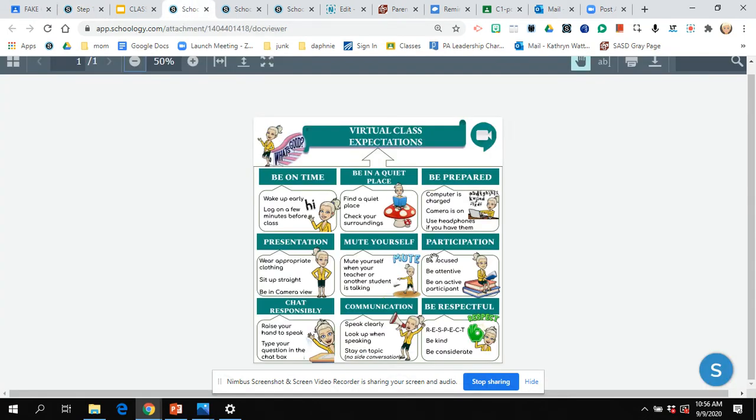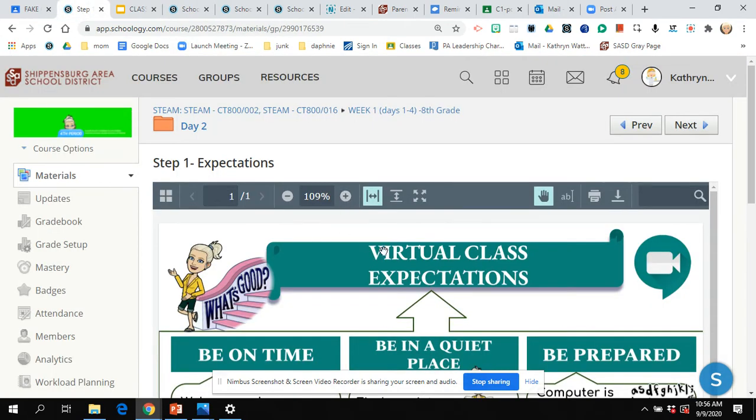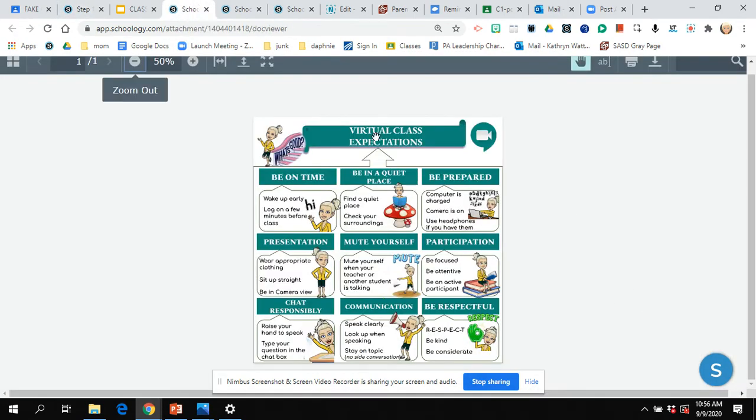When you view it in a separate window, here's what it looks like. And you're going to go over the expectations by reading through them. These will be on the quiz, so you want to make sure you pay attention. Also, all quizzes in virtual learning are open note. So the nice thing about having it in a separate tab is I can have my quiz open and I can have my slide open for answers.